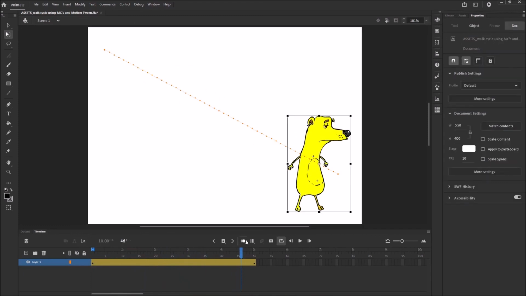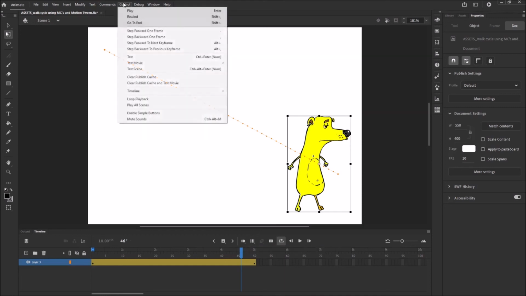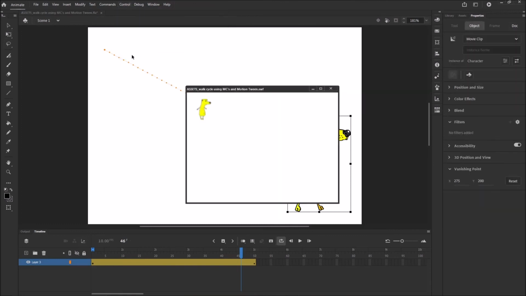Okay, so again, if we test that now, we've got a few things going on. We've got the walk cycle, we've got him moving from one part of the stage to another, we've got him increasing in scale and size, and we've also got him going from out of focus to in focus. So if I test this now,